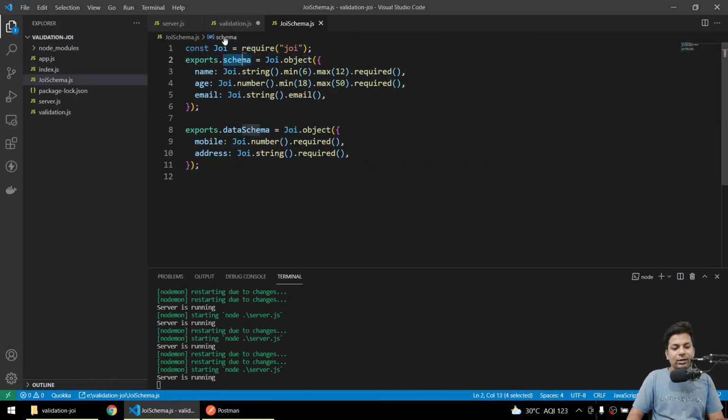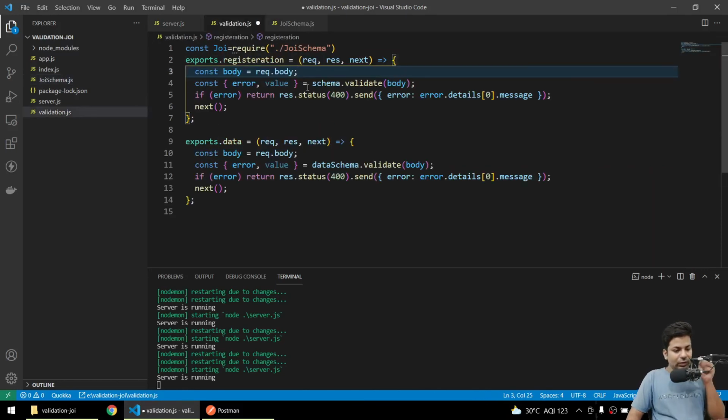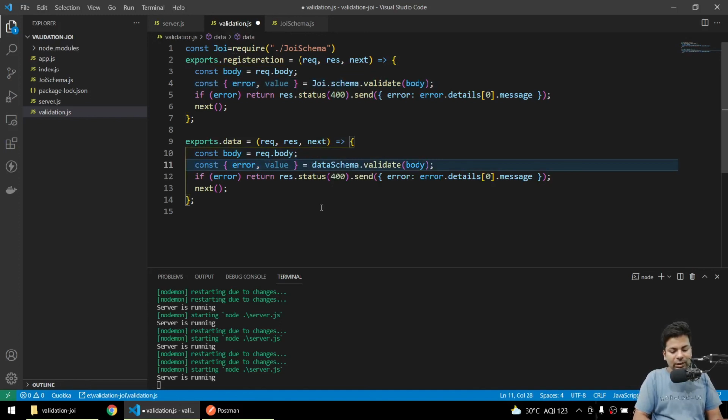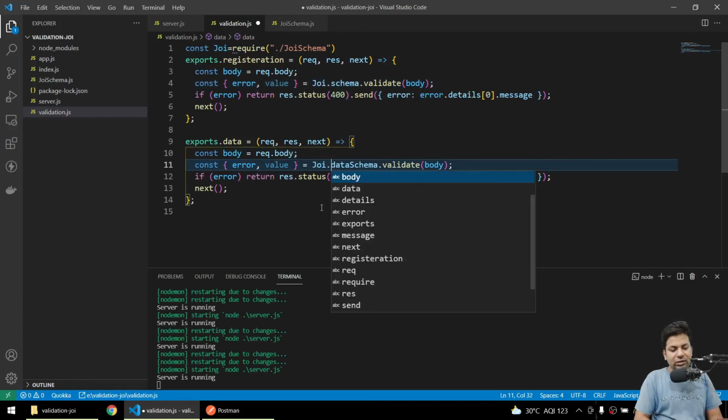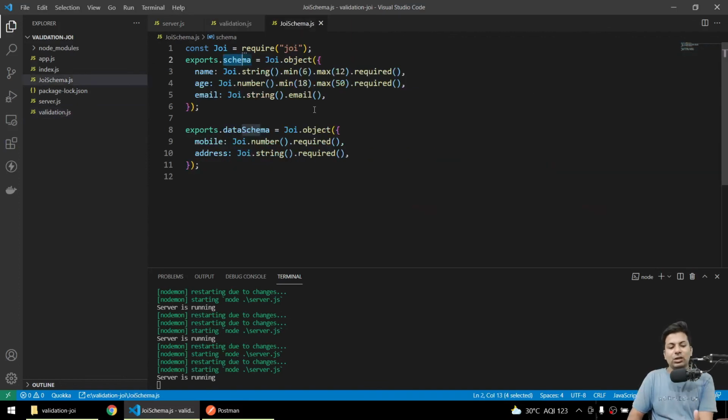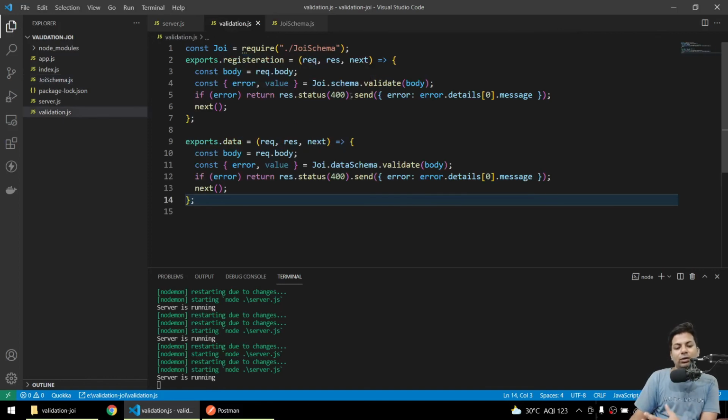Okay, my schema is named, so we'll say Joi dot schema. Now here we'll just add Joi dot. How many schemas we have doesn't matter, we just have to write Joi dot. Yeah, now you can see everything's super cool. If you want to change the schema, just come here. If we want to add something like a return value, just come here and change that.